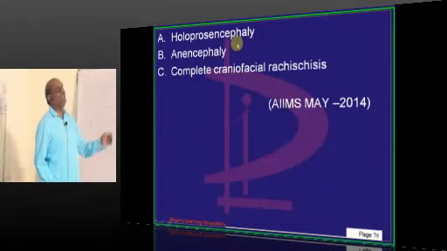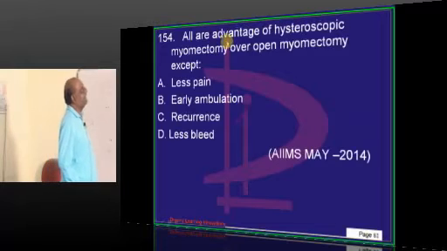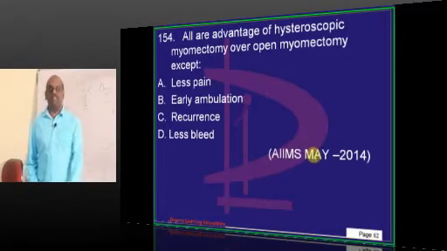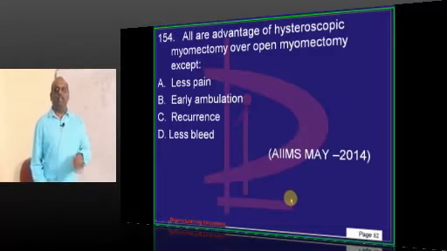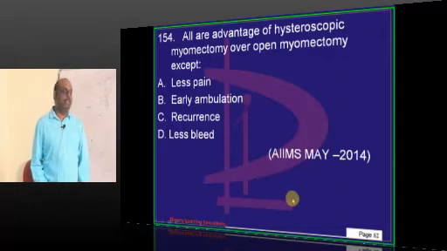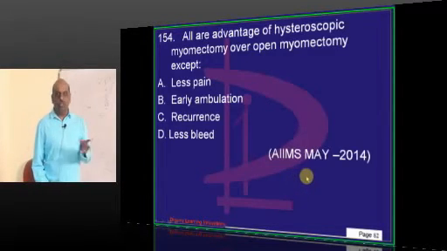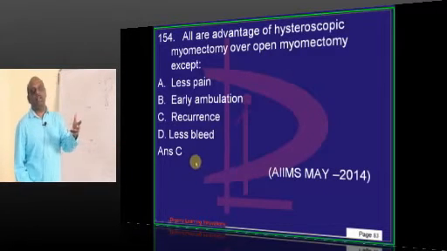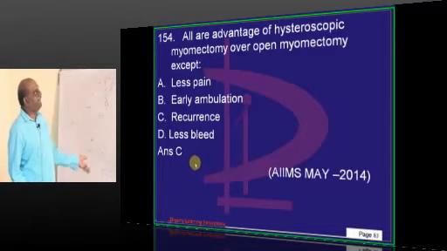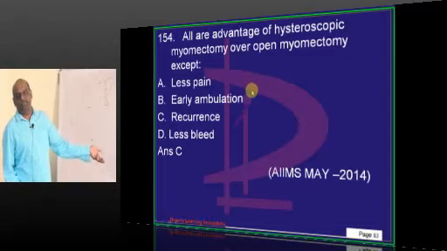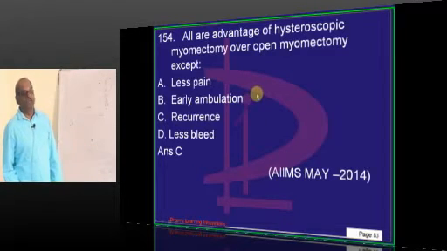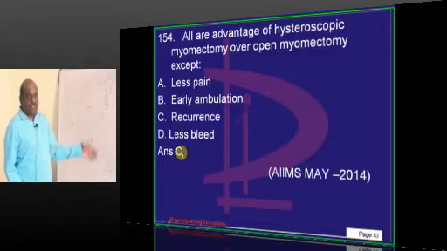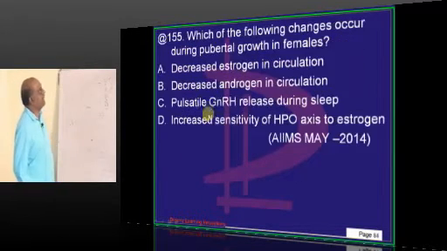So anencephaly is what you need to remember. Then hysteroscopy से मायोमेक्टमी कर सकते या काट के चीर के ओपन मायोमेक्टमी कर सकते. इन दोनों के बीच क्या फर्क है? So basically recurrence is a thing whether you do hysteroscopically or open myomectomy, both of them more or less equal, no difference, but pain will be lesser. Early ambulation if it is hysteroscopic and less bleeding will be there if it is hysteroscopic is what you need